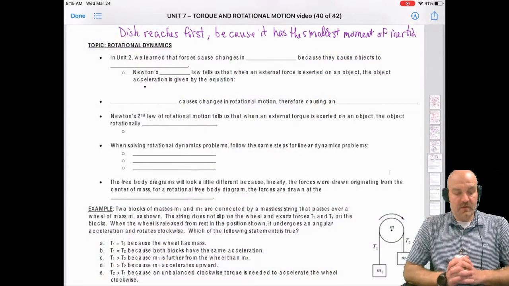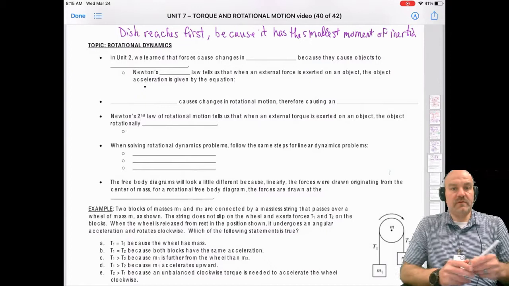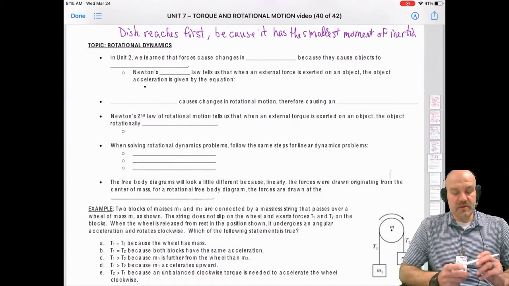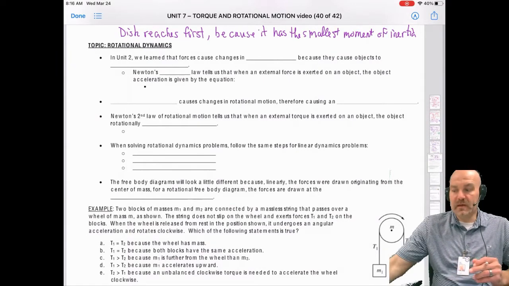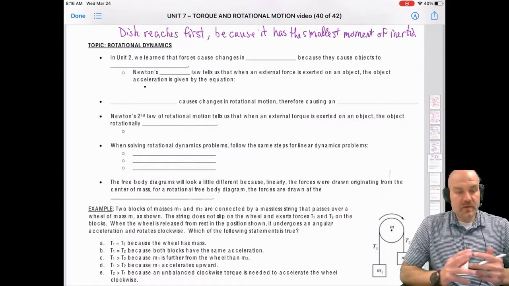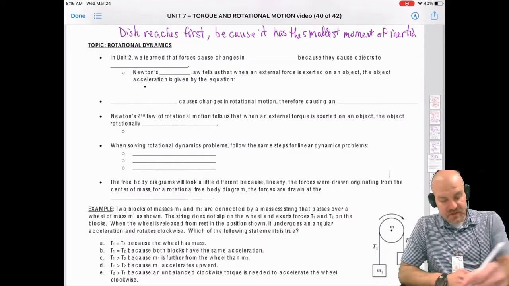Okay, so in this video, we're going to look at rotational dynamics. Again, we're still making that comparison between linear quantities and angular quantities. The first thing I want you to remember, way back in Unit 2, is that forces cause changes in